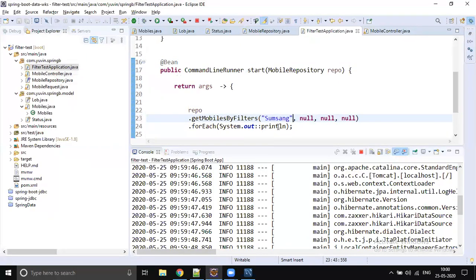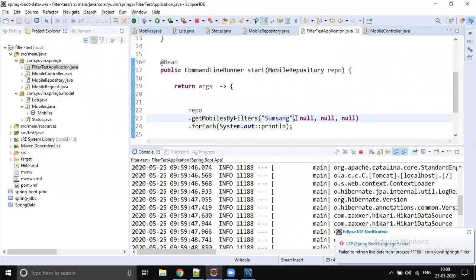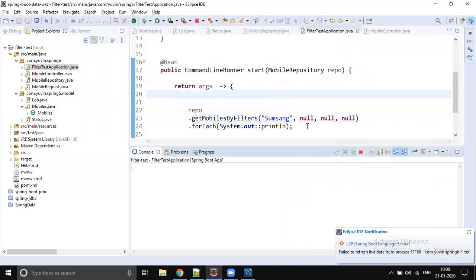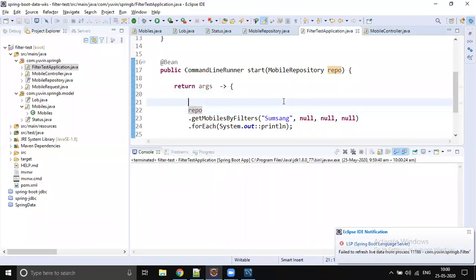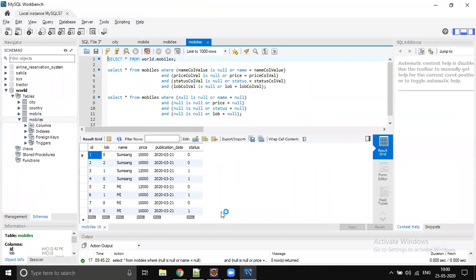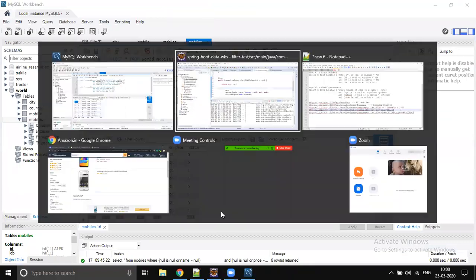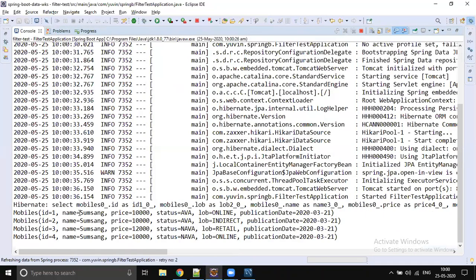Now the filter is applying. It's the second endpoint in our case. If name is coming, then we pass that parameter. If name is not coming, we don't pass the parameter. So let's rerun the code. With the Samsung name, those many records will be returned. It's more like a real-time example. I know it's complicated. See, now we got only the mobiles with the Samsung name.